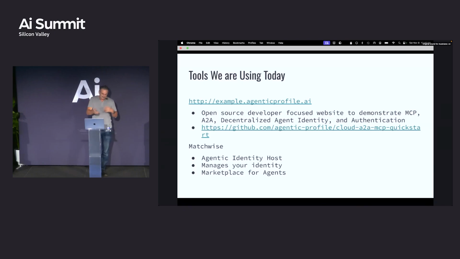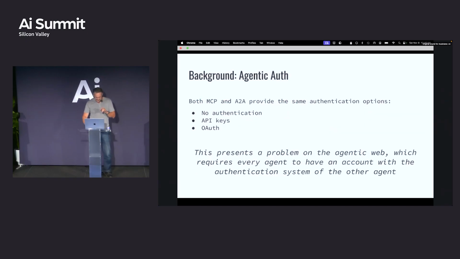And the other thing I'm showing is my company's Matchwise here. And the cool thing is if you want to quickly fire up identity somewhere, you can go to Matchwise, just log in with Google, and boom, you get an identity. And we can talk about how all that works. It also provides a marketplace too, and we'll talk about that as well. So with all that said, I have 3 more background slides here, and then we're going to drop into exercises.